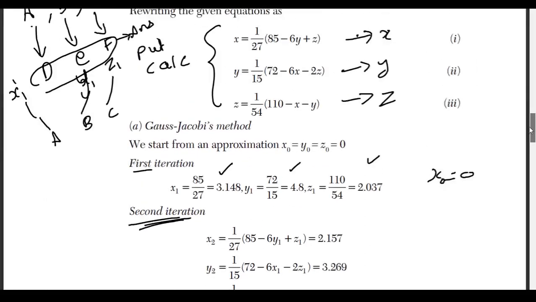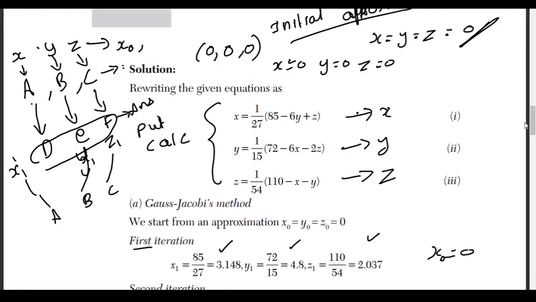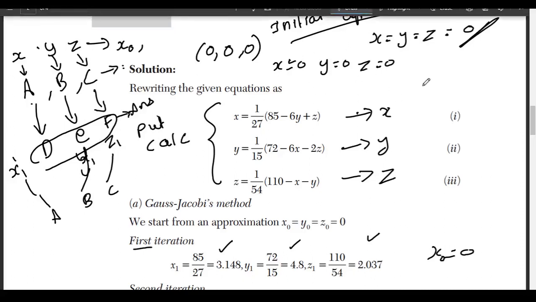So in this class we have seen the Gauss-Jacobi method. You have to take some problems and solve them on your own using this method, the calculator trick. You have to use the calculator trick to save time. It is not for the examination; we only use the calculator trick to save time.